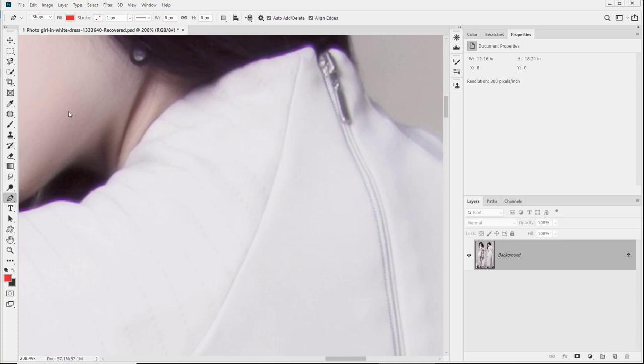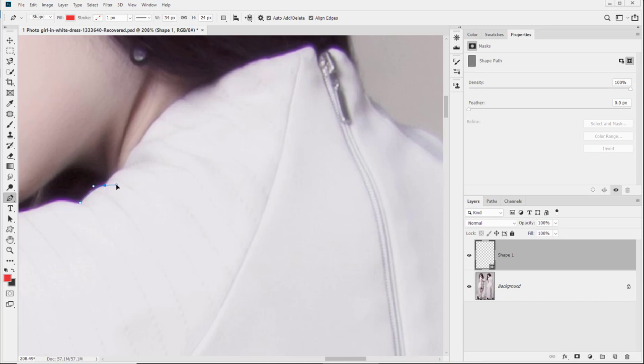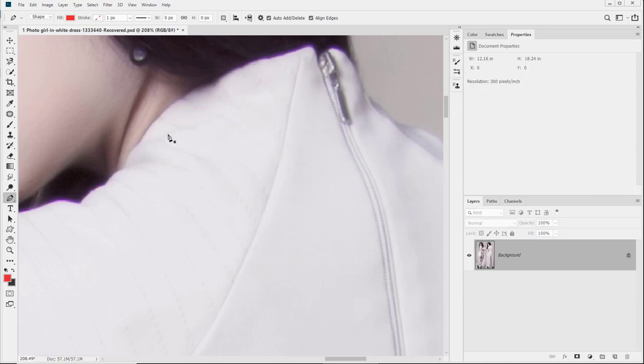Now the pen tool has a few more options. By default, you have to click and drag in order to see a preview. And by default, the line is pretty thin. Whoops. Let me click on that. There we go. So as you can see, it can be a little tricky to figure out where you are and what you're doing. Now, this can be fixed by going to the pen tool, and then up in your toolbars up here,